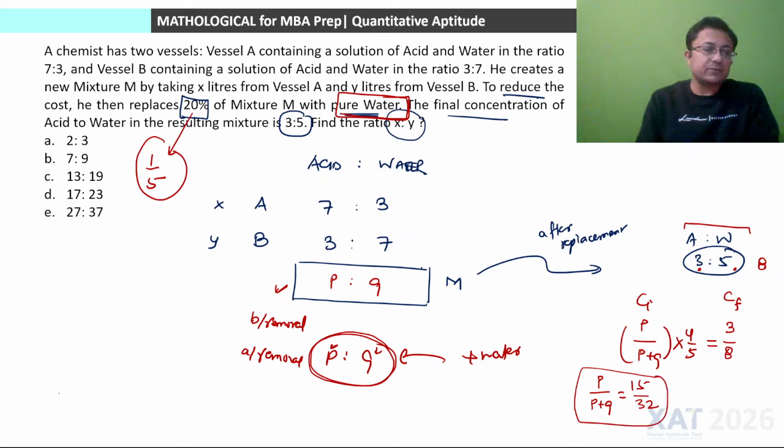becomes equal to 5 into 3, 15 upon 32. P by P plus Q is equal to 15/32, which implies that if P is equal to 15, P plus Q is 32, meaning if P is 15 then Q must be 17. Is this clear? If P is 15 then Q must be equal to 17, okay. So we know the ratio now, 15:17 after mixing,